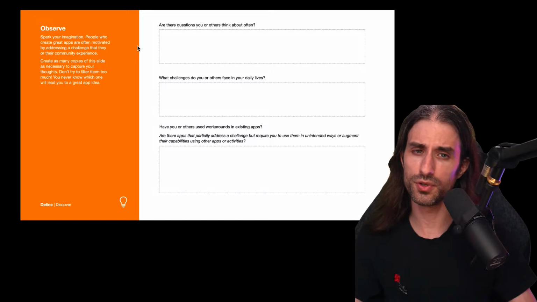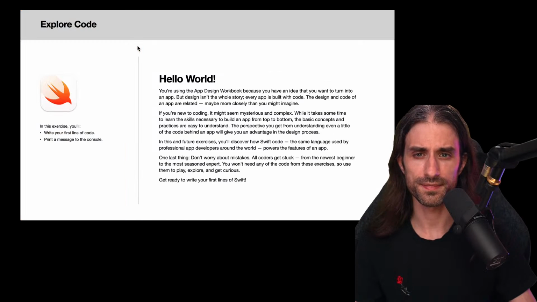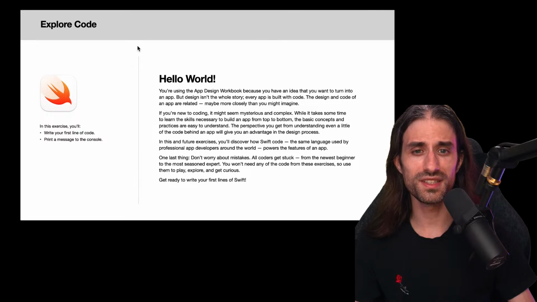Basically, I went through the same kind of process in my head when I was trying to iterate and refine how I should approach my project, which was a project of content creation. Then they say explore some code. So here it's about writing a hello world. So you're using the app design workbook because you have an idea that you want to turn into an app,